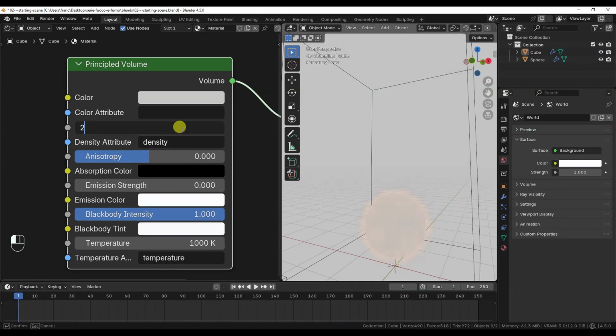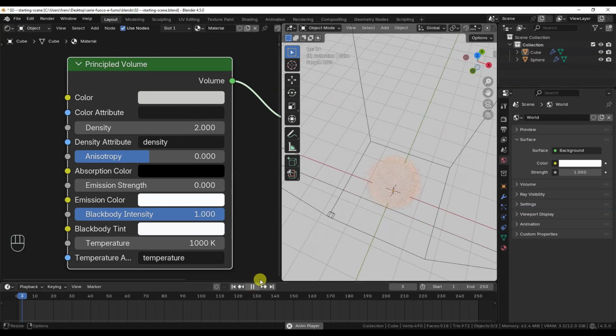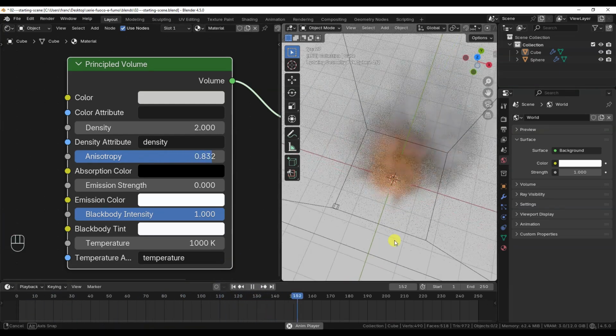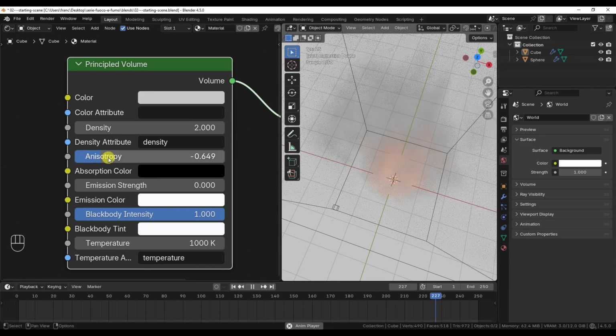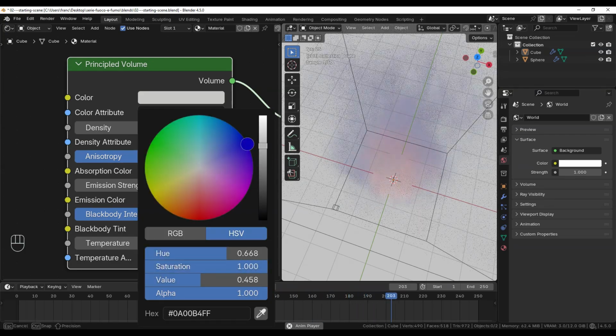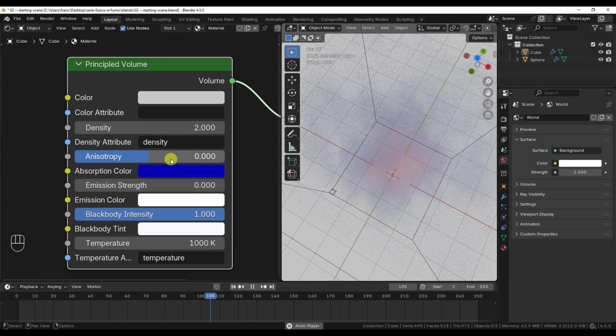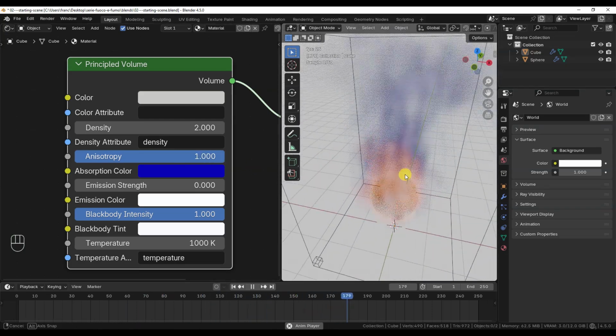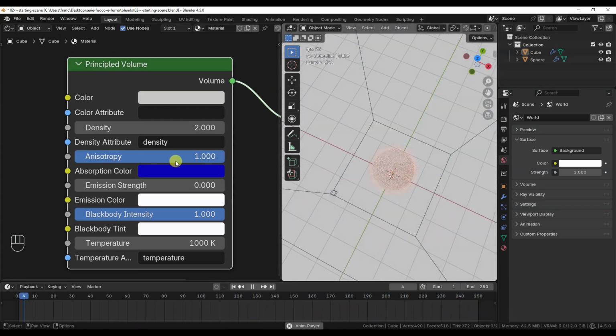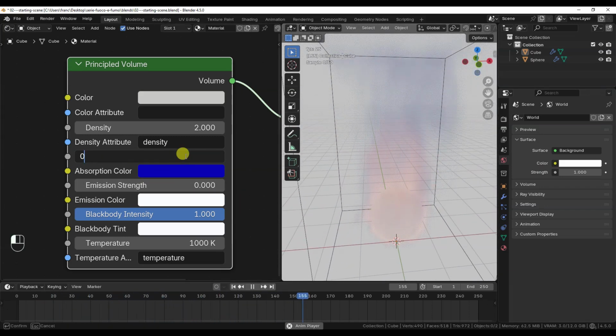The scattering of light through smoke particles can be adjusted using anisotropy and absorption color. Anisotropy lets you influence the direction of scattering, which can occur more backward or forward depending on whether the value is negative or positive. To make the differences easier to notice, I increase the smoke density by setting the density value to 2 and frame the object so that the flames are behind the smoke. The absorption color field obviously lets you give a color tint to the absorption of light by the smoke.